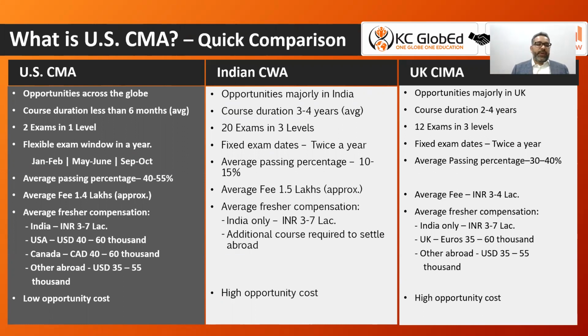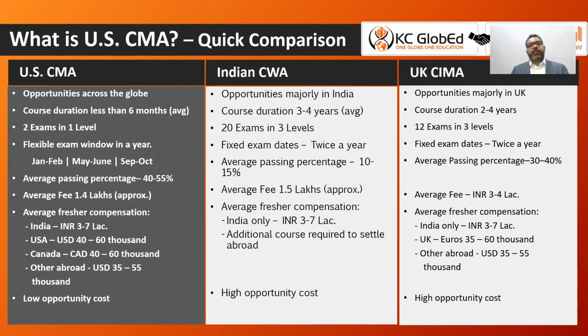That means the first window is January and February. From 1st January to 28th February is the complete exam window. You can sit for any exam any day in these 60 days, or any time you like. Same is the case of the next window, May and June. The complete 2 months is the exam window. So in those entire 60 days, you can sit for any exam any day or any time you like. Same is the case of the third window, which is September and October. You can sit for any exam from 1st September to 31st October. So there is so much flexibility in terms of exam window.